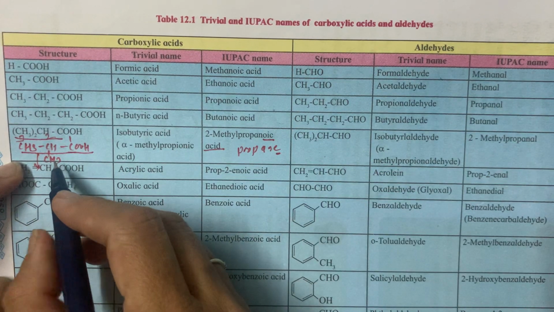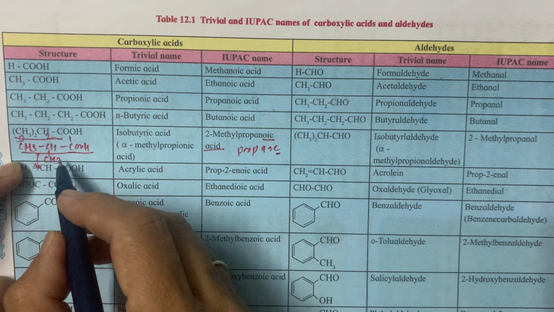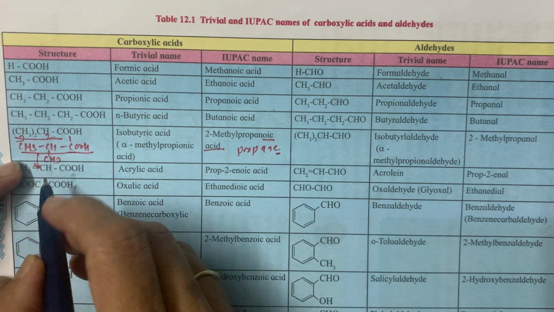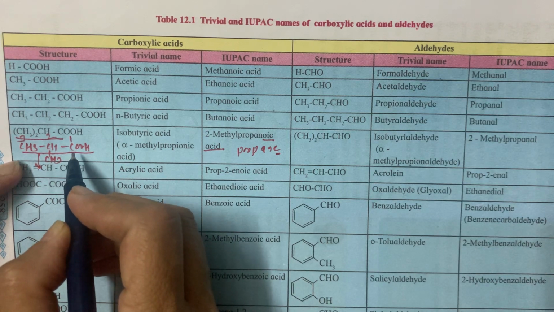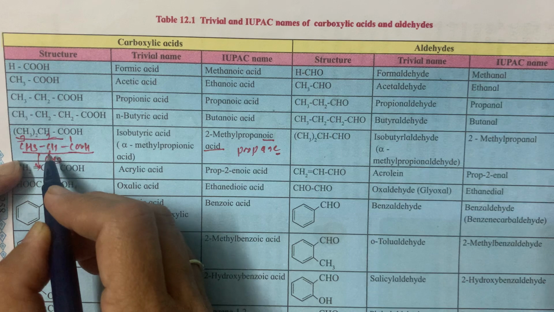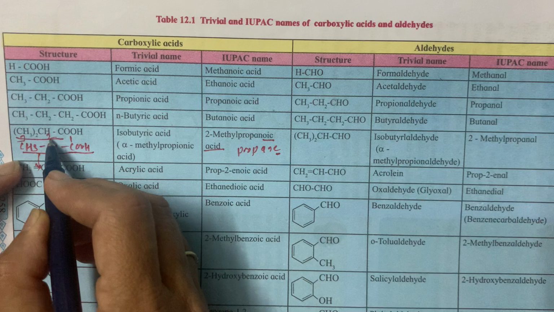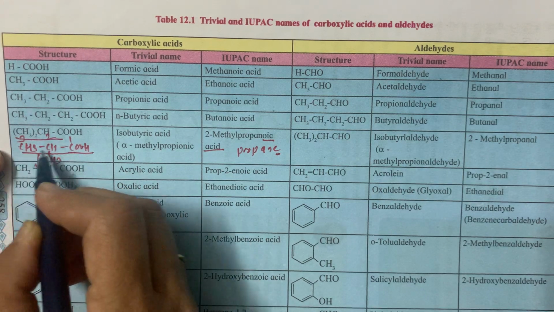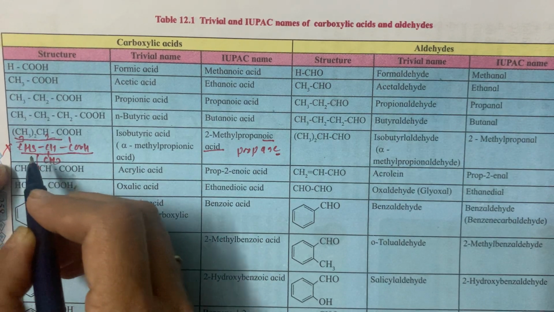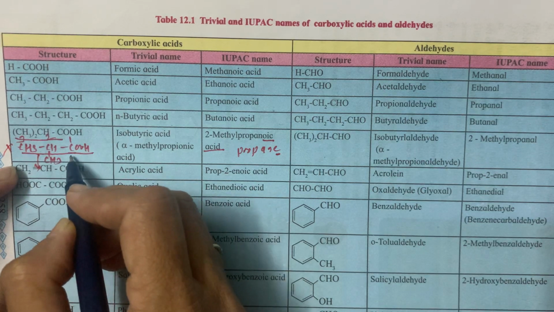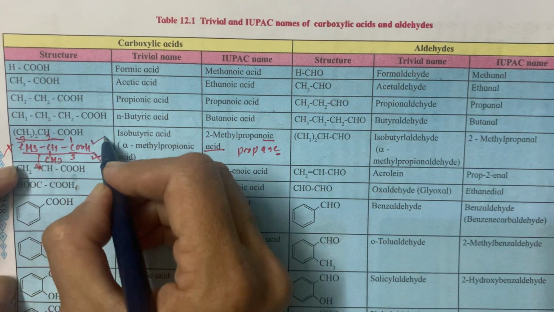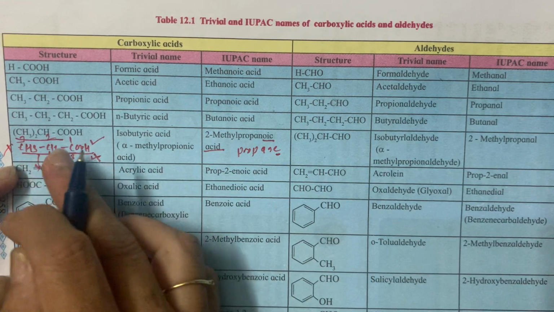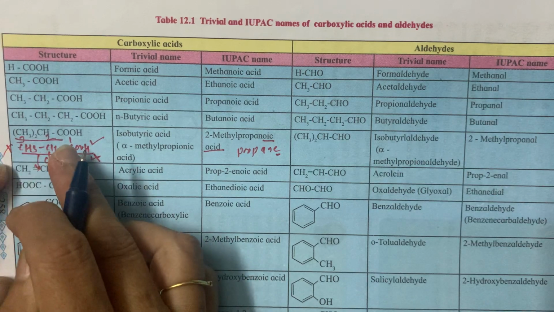Next, you have to see the branch, and the branch should also have the lowest possible number. So first we give the lowest number to the functional group, and then we think about the lowest possible number for the substituent also. So this is first and second. You cannot start from this end, because here the functional group will have number 3, and this is not according to the rules, so cancel it. You have to number from the right hand end only, not from the left hand.